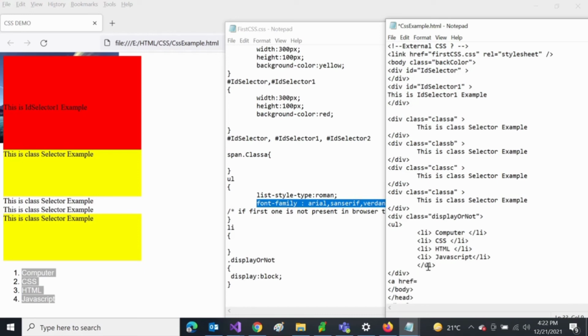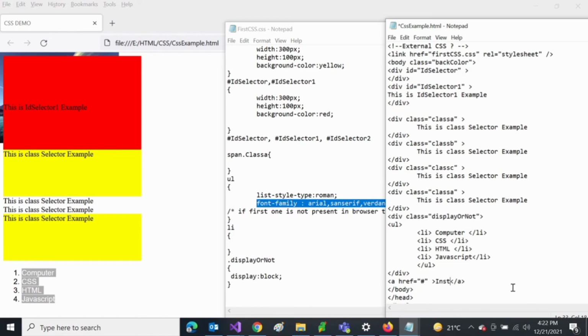In a similar way you can apply CSS to other HTML tags. Let's take an example of an anchor with href set to hash. Hash means it will not go anywhere, so you have to type a proper URL or page name.